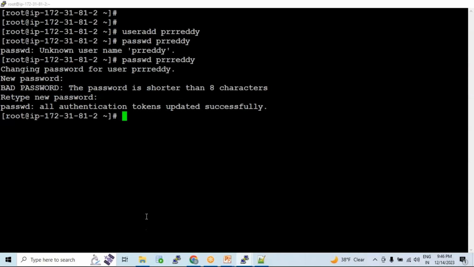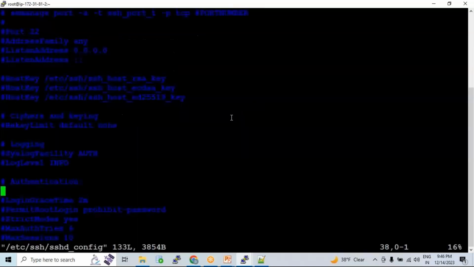Let me go back to the existing session one more time. So every time the SSH is not accepting the login, definitely we need to check for this file, correct? Because this is the file which has some settings. This is the file which has some configuration details telling SSH how it has to work, correct? If I go to this file one more time,